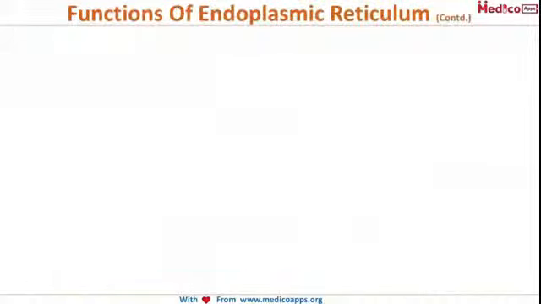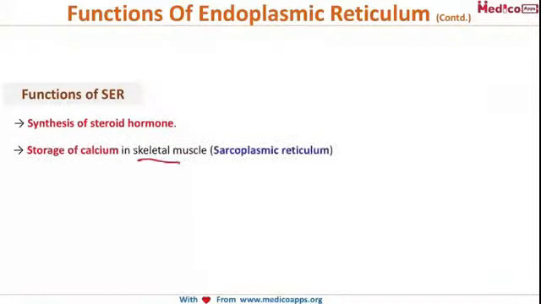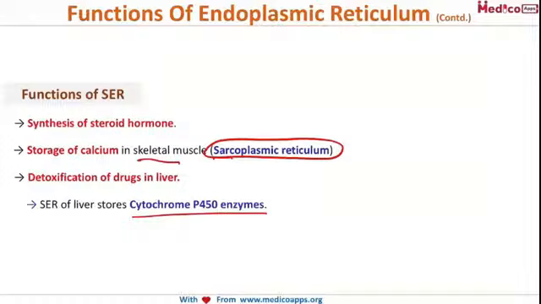Now let's look at the functions of the smooth endoplasmic reticulum. We have seen S is for steroids. So the first one is synthesis of steroid hormone, and then storage of calcium, that is in skeletal muscle. The smooth endoplasmic reticulum of skeletal muscle is known as sarcoplasmic reticulum. Okay, that is the SER of muscle is called sarcoplasmic reticulum, and here its main function is storage of calcium. And then the third one is detoxification of drugs in the liver. Then the smooth endoplasmic reticulum of the liver also stores cytochrome P450 enzymes. Okay. So the main functions are synthesis of steroid hormone, number 1, storage of calcium in sarcoplasmic reticulum, detoxification of drugs in the liver, and also storage of cytochrome